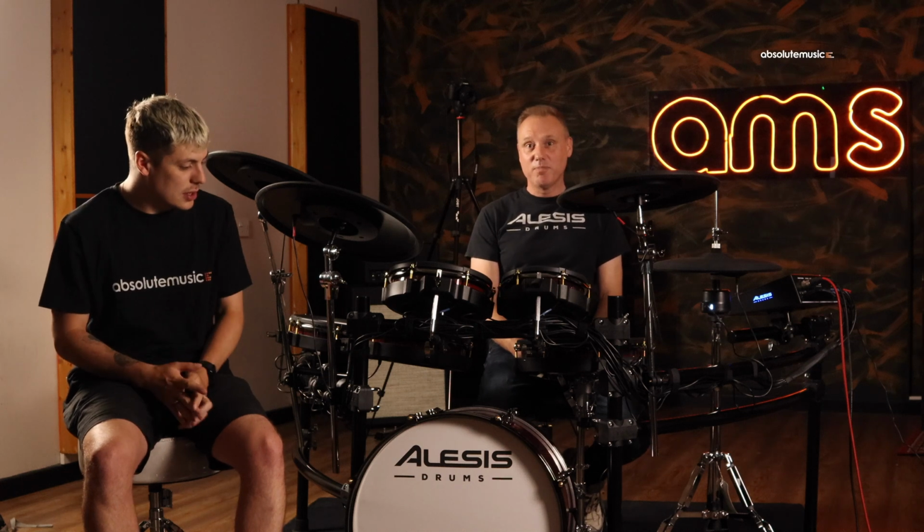The Alesis Strata Prime is our new flagship. This drum kit is absolutely incredible. I would say that, but let me explain what I mean. Basically, for a start, you've got the best sounding module in the cosmos. It's absolutely incredible sounding. It's got the full BFD library on board, so you've got best sounding drums, the best